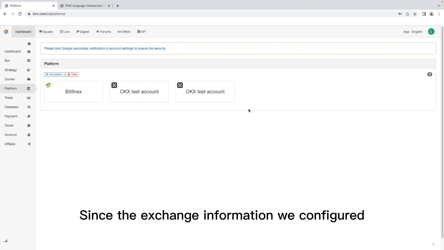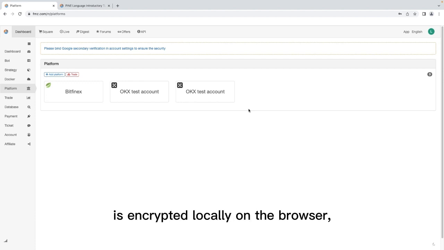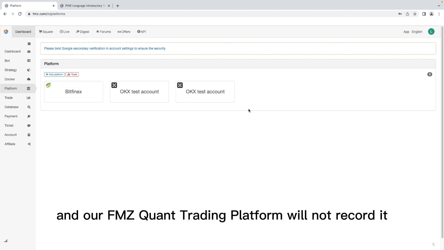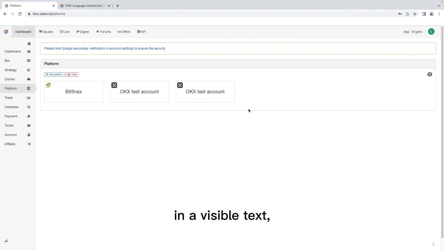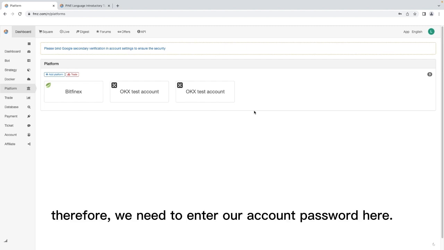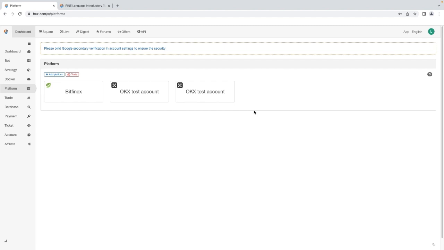Since the exchange information we configured is encrypted locally on the browser, it will not be uploaded in visible text, and our FMZ Quant Trading Platform will not record it in visible text. Therefore, we need to enter our account password here. After that,